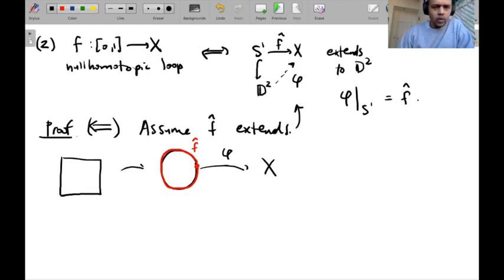So, well, what we can do is map the square into the disk in the following way. So this is going to map to the boundary circle. So the red goes to the red. And then